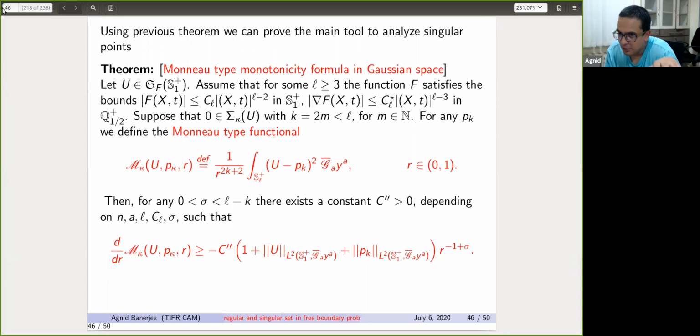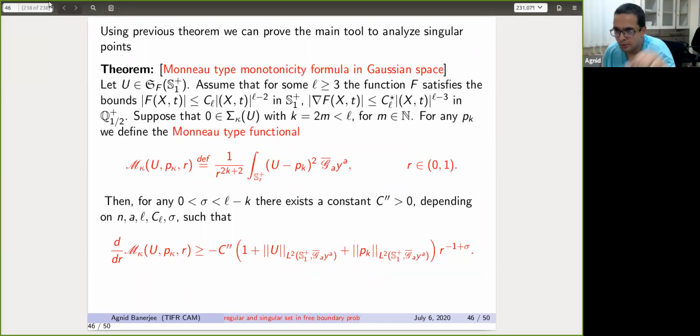So that may not fetch you much information of the free boundary near singular points. So what you would need is the homogeneous scaling. That is, you take u of delta r divided by r to the k, and that gives you a lot more information about how the blow-up limit changes across the singular free boundary.